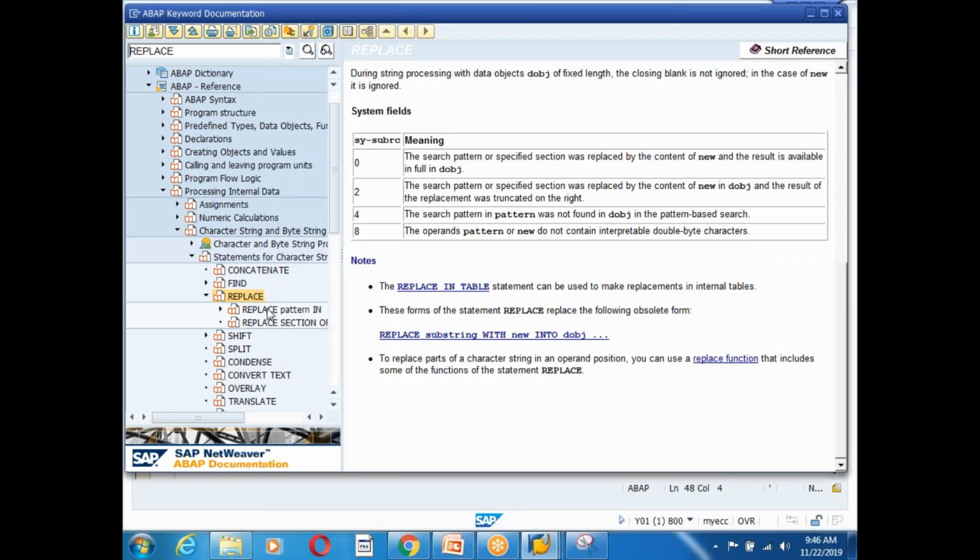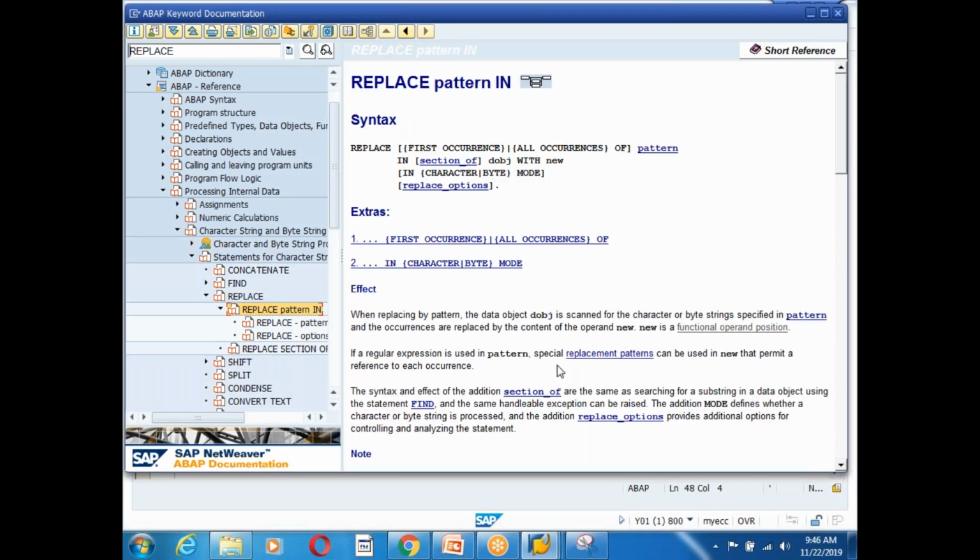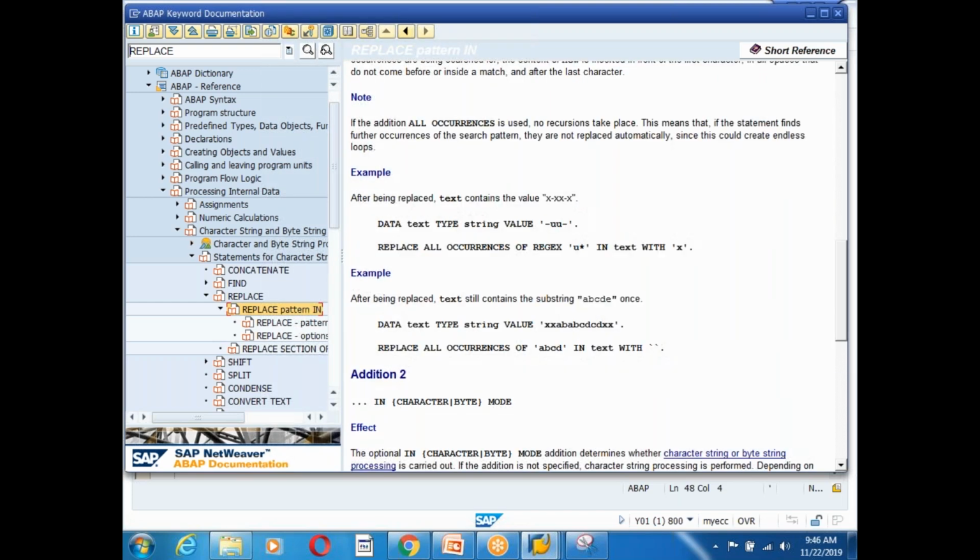There should be a code, you will see the code also. Replace all occurrences of ABCD in... So first I will use the simple things, guys. Replace. What is the value? My value is